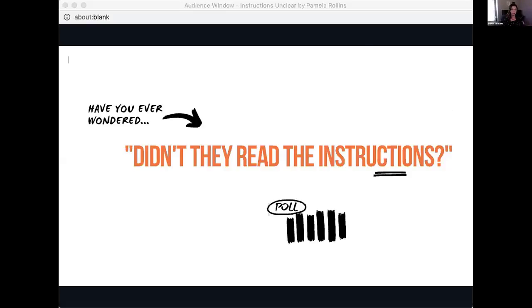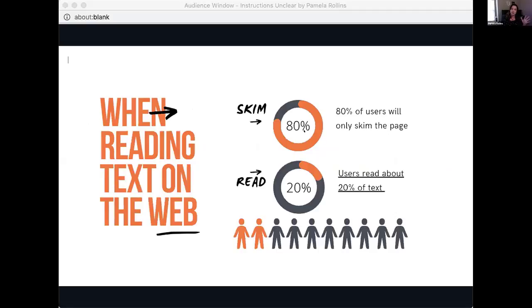What can we do? I did a little bit of research, well, a lot of research, but you know how that goes, a rabbit hole of research on reading, and particularly web reading. Some eye tracking studies have shown that 80% of users will only skim the page.